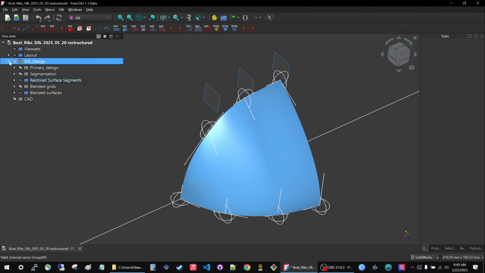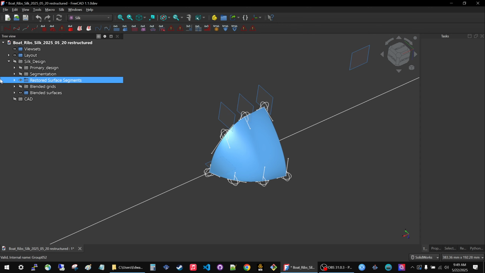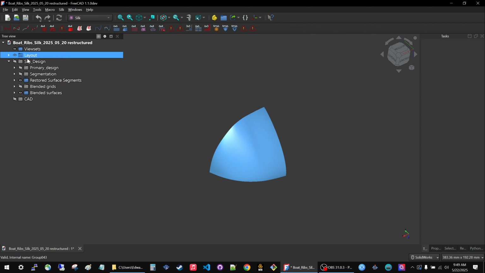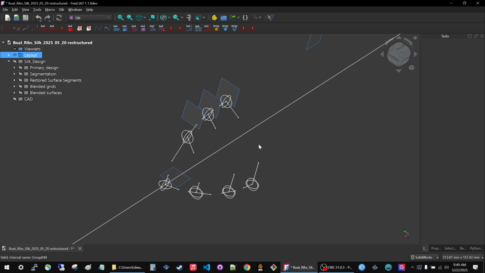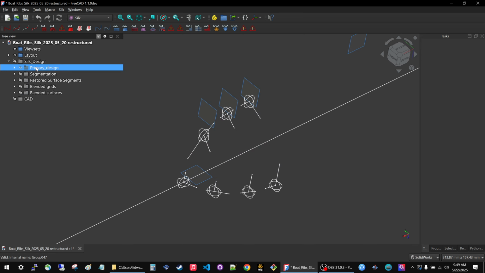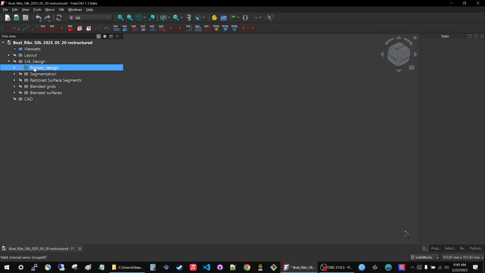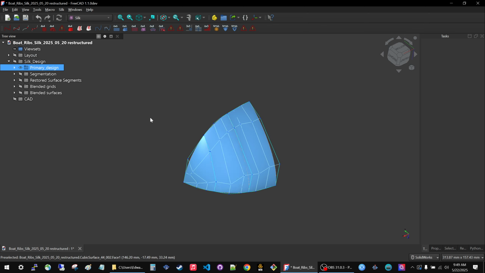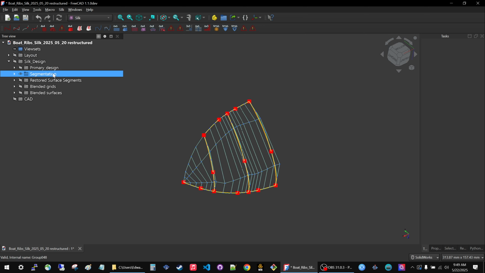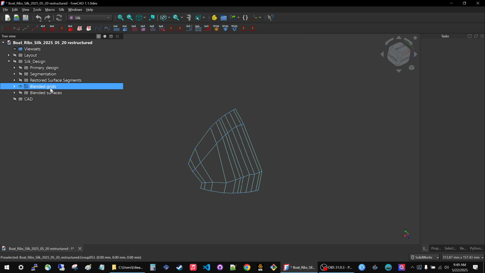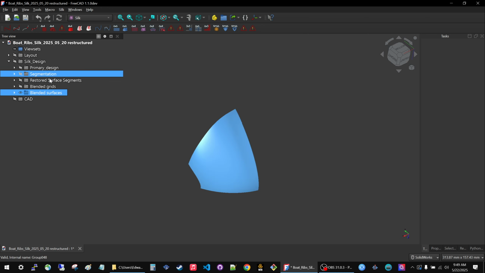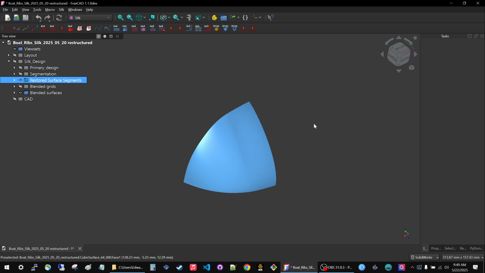So what we did is we created all these folders and we organized things so that we could easily see the layouts that we need to create before we can make silk objects. And then we have a set of folders that show us the basic surfaces that we designed, how we cut them into pieces, how we restore some of these pieces, how we have tools to create blends in between the various surfaces and the blend surfaces. And so now you can see here, this is the final set of surfaces,